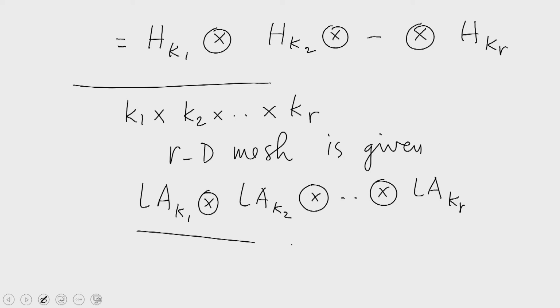So, an r-dimensional mesh of this sort can be expressed as a cross product of several linear arrays of this form. Now, what we find here is this: LAK1 is a subgraph of HK1, and LAK2 is a subgraph of HK2, and so on, and LAKR is a subgraph of HKR. Now, HK is the cross product of these supergraphs, and the mesh M that is given to us is a cross product of these subgraphs. I will state here without proof that